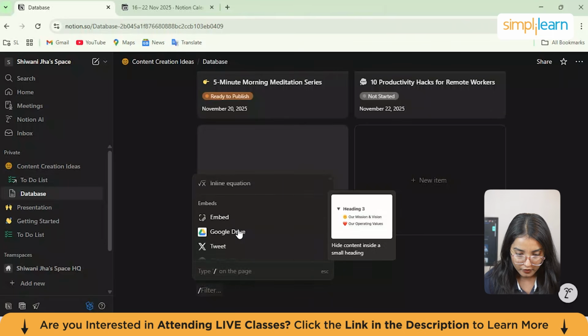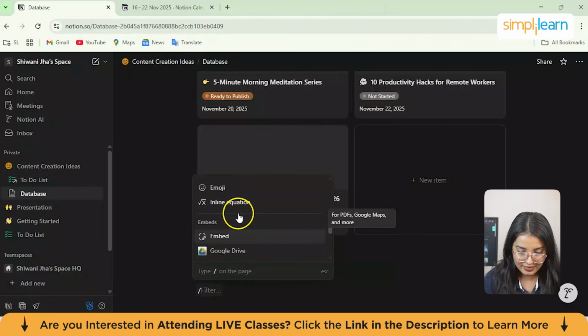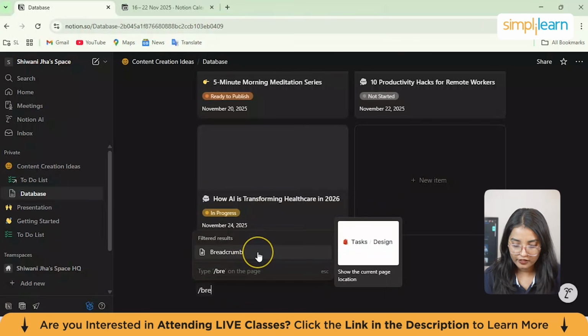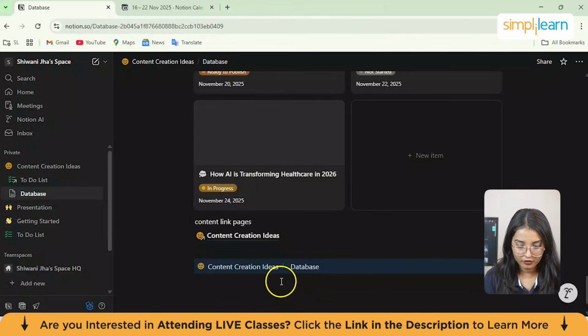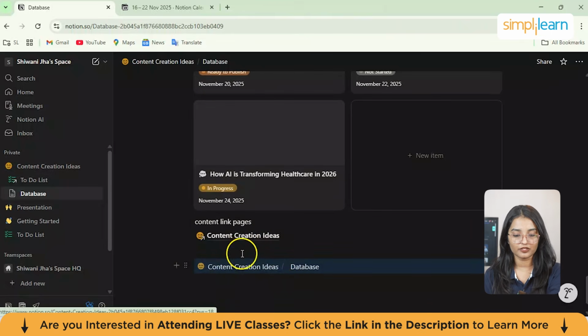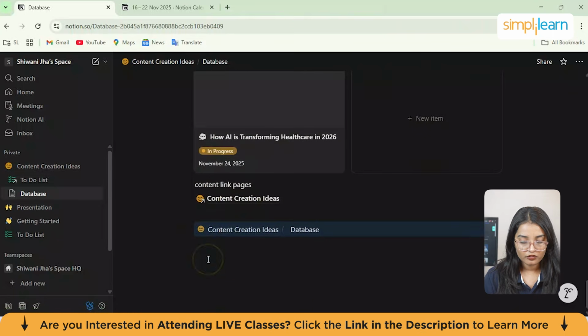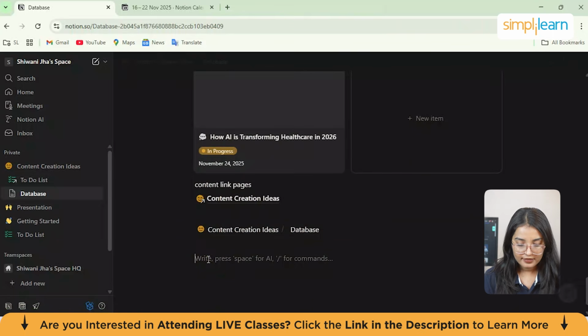breadcrumbs feature. So just click on this slash and search for breadcrumbs. Now it will show the current page location. Now if I click on this breadcrumb from here, so this is the current location of this particular page, right? So it will show right before your content. So this is also an important feature. Next